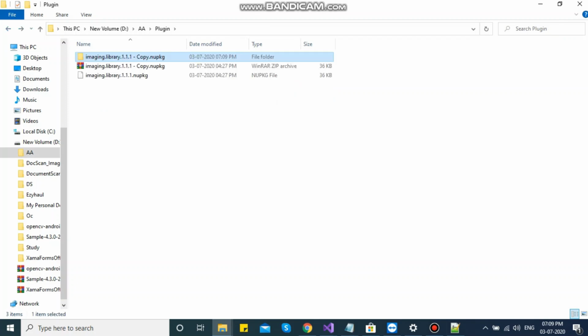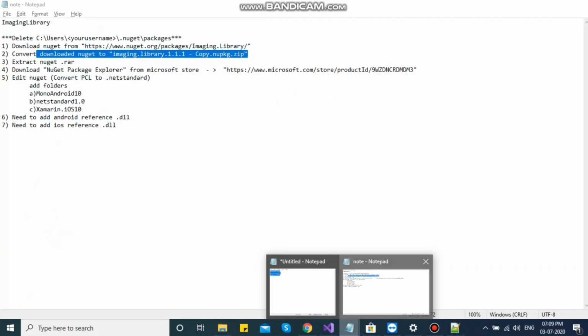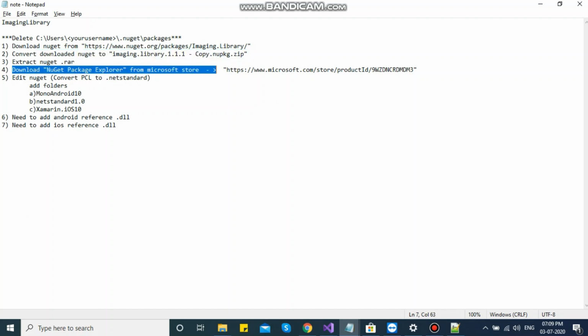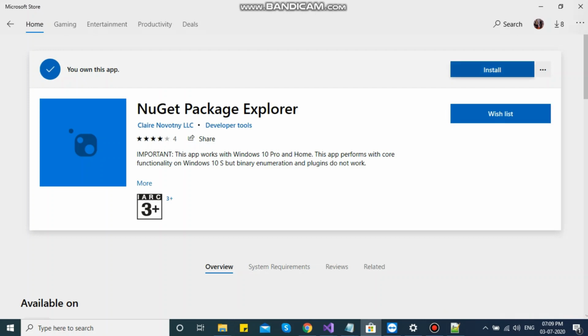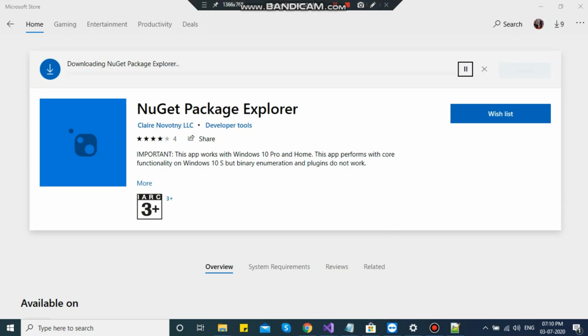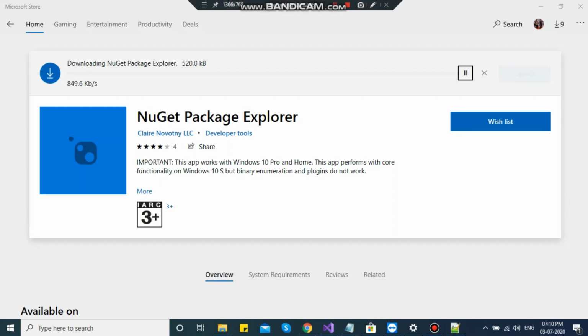Now in the fourth step, which is very important, you need to download the NuGet Package Explorer from the Microsoft Store. I have given the link here, you can follow the link, and I'm going to download this package from the Microsoft Store. Make sure you don't have this package before you start my video. Please make sure you don't have this app on your desktop.